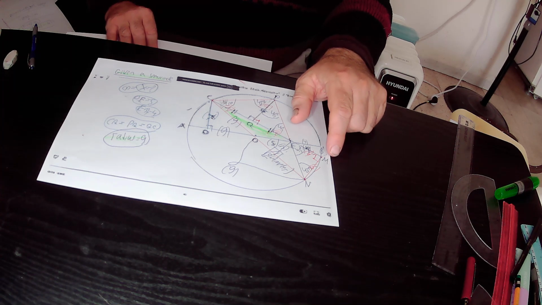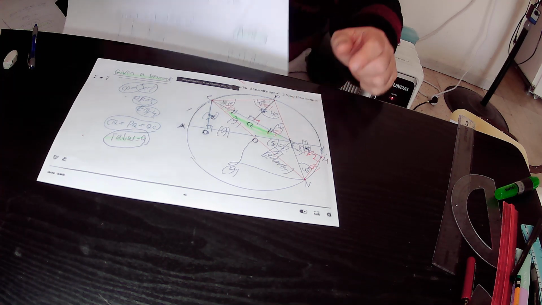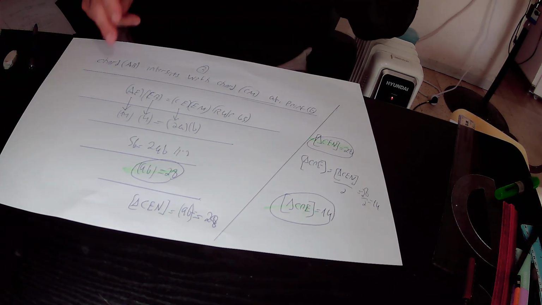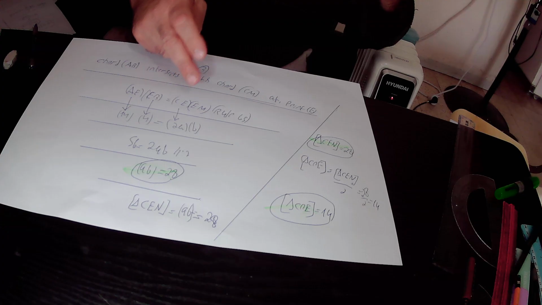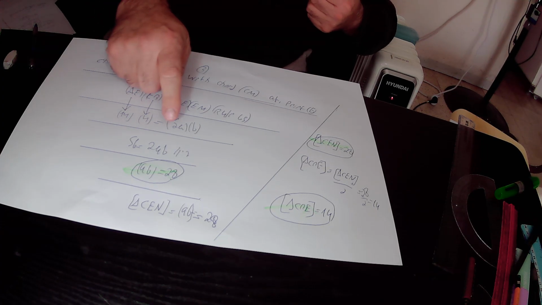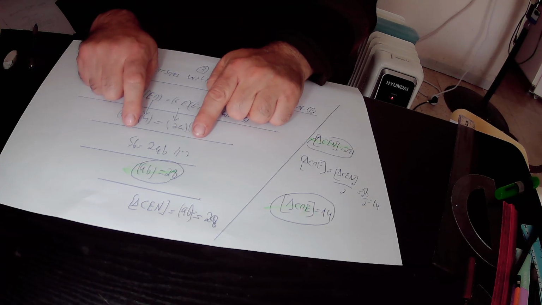EM equals B units in itself according to our definition. So EM is B. So in total we should find out that 14 times 4 equals 2A times B. 14 times 4 is 56. 56 equals 2AB. If we divide this equation by 2, we finally find out that A times B equals